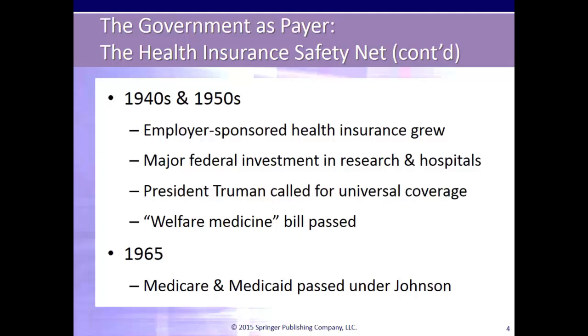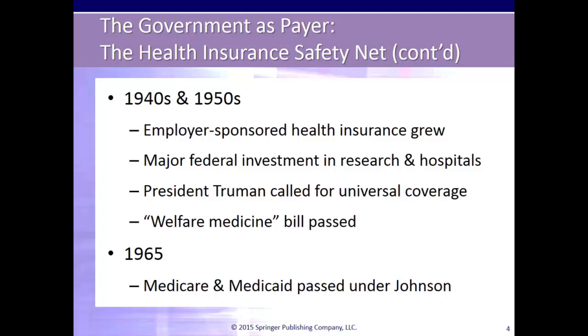Although employer-sponsored health insurance covered the worker, many times the family was not covered, and there were many who did not have health insurance and did not have the money to pay for health care. This included people who were retired, elderly, disabled, unemployed, self-employed, part-time workers, or those who worked for businesses that did not provide health insurance. President Harry Truman in the 1940s proposed a system of universal government insurance to replace private employer insurance. This proposal was met with stiff opposition from physicians, insurance companies, and businesses.